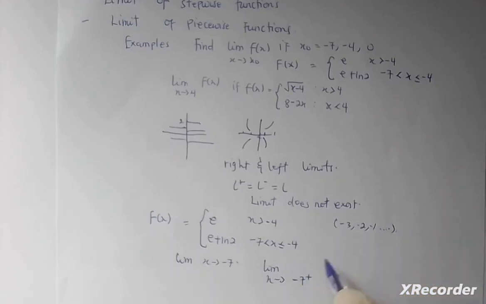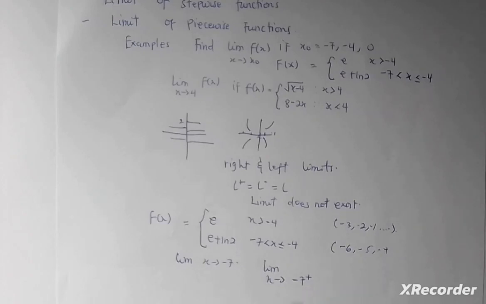Then, when I come to this interval, it is saying that s is greater than negative 7. Meaning it's going to start from negative 6, negative 5, negative 4, then it will end because it says it's less than or equal to negative 4. But our interest here is that we want to find the limit as it approaches negative 7 from the right